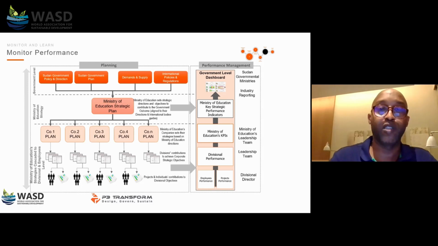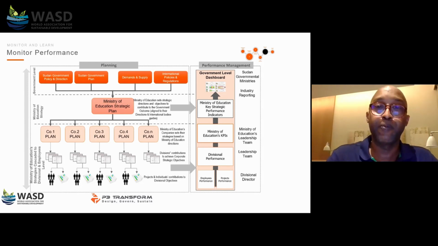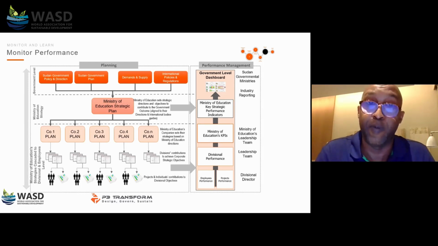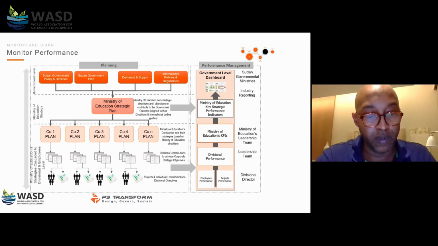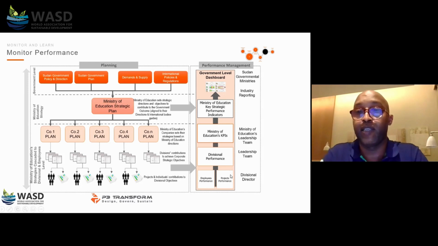So each individual in each department should have some sort of yearly objective that supports the department objective, which supports the minister objective, which supports the government objective, and without this proper cascade down, you can't really deliver your strategy. It is literally just a nice piece of paper. If you can't cascade it, it is not really of great value. This is on the left, but when you look at the right-hand side here as well,